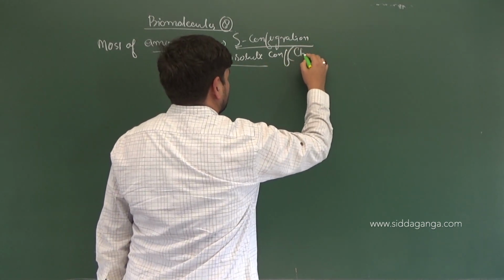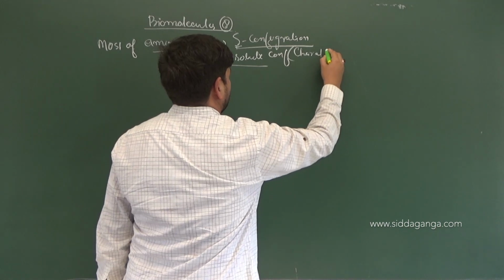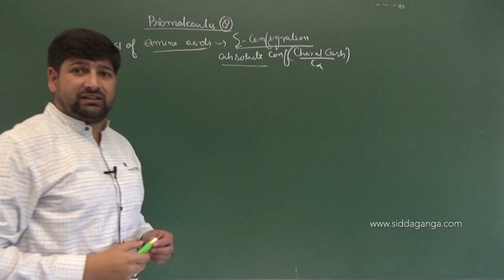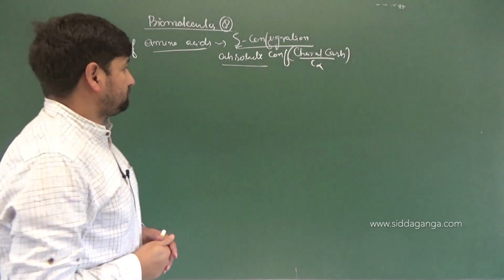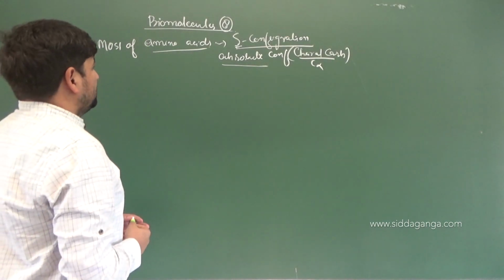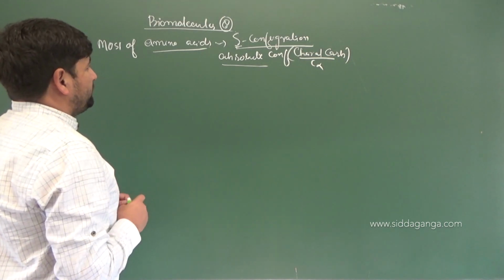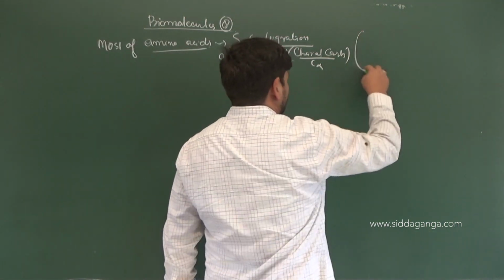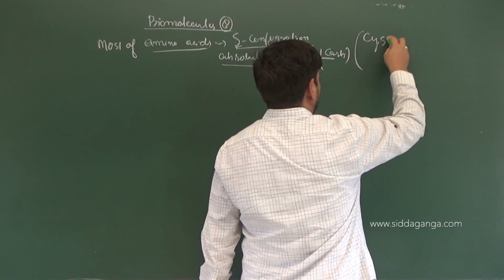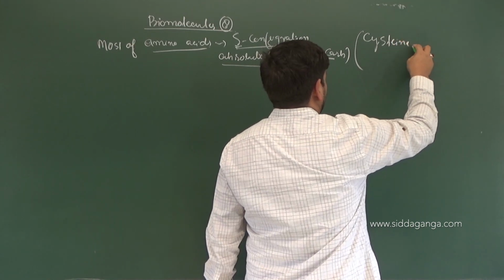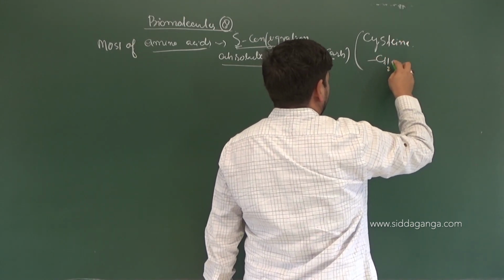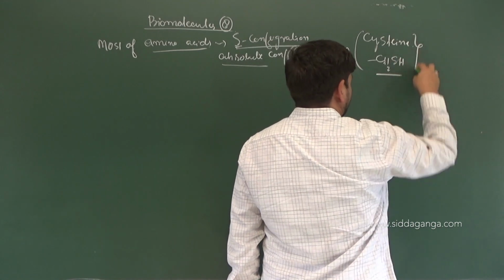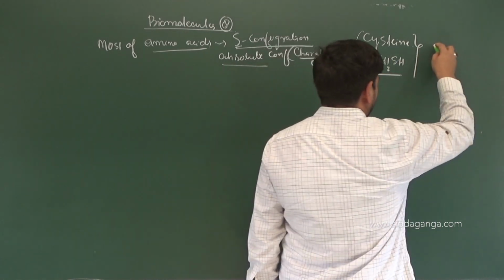around chiral carbon, and in the amino acid language we call that C alpha, alpha amino acid. Correct. And according to Fischer projection we have clearly mentioned, and besides that we have cysteine. What is the side chain of cysteine? CH2SH. Now the configuration of cysteine with respect to the stereocenter is which one? R.